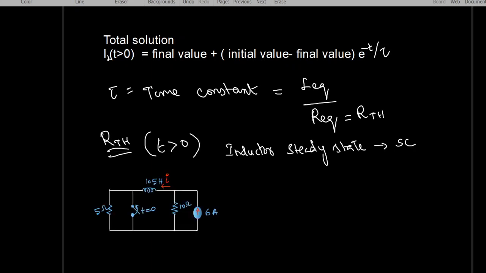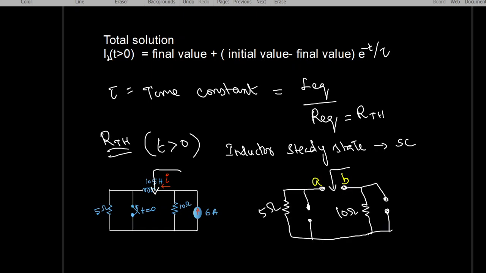So this R Thevenin is to be found out for t is greater than 0 condition. So at that time the inductor is in the steady state, that means it acts as the short circuit. Okay, so this is the original circuit that should be modified in order to find out this R Thevenin when it is being looking into this inductor. Okay, so it is like this 5 ohm resistor is there and the switch is open, and we know that we have to kill the independent sources. Killing of independent sources for the current source means it should be open circuited.